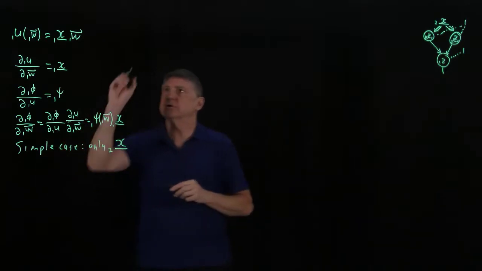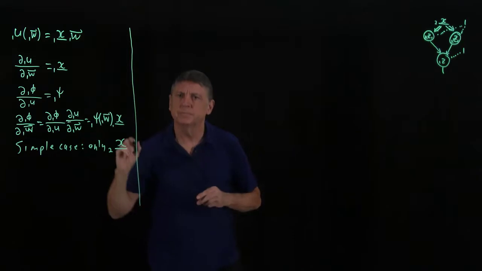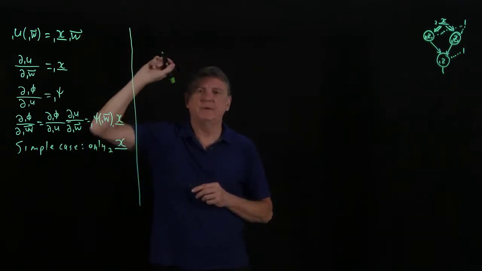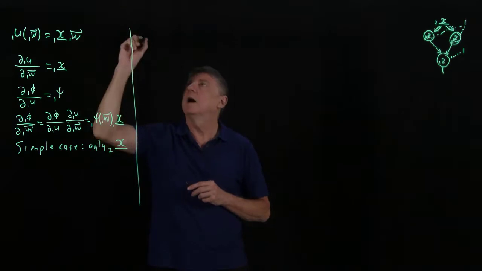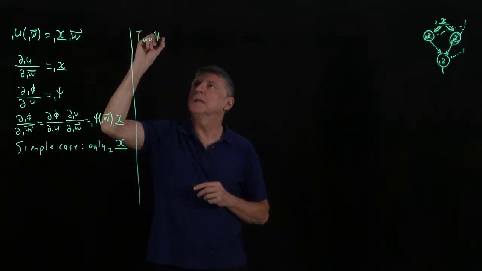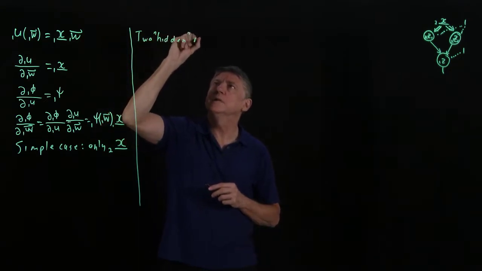So now the layer 2 terms, what do those look like? Well, if we're having only 2 neurons, so let's say 2, we'll put that in quotes for the first time, 2 hidden neurons,